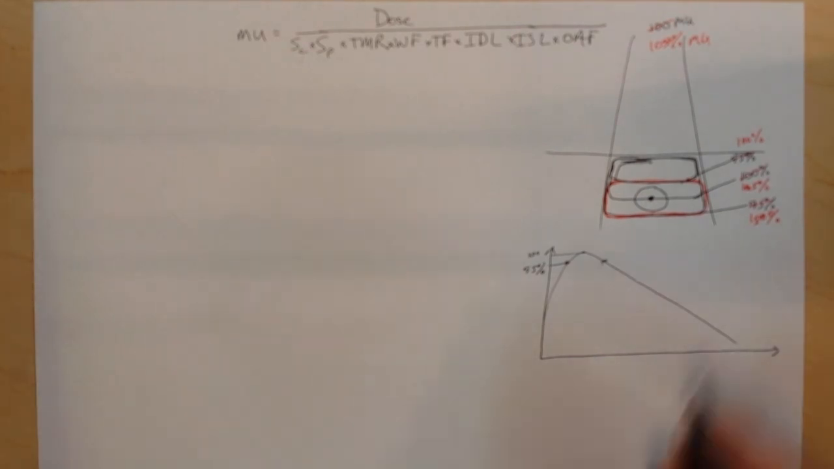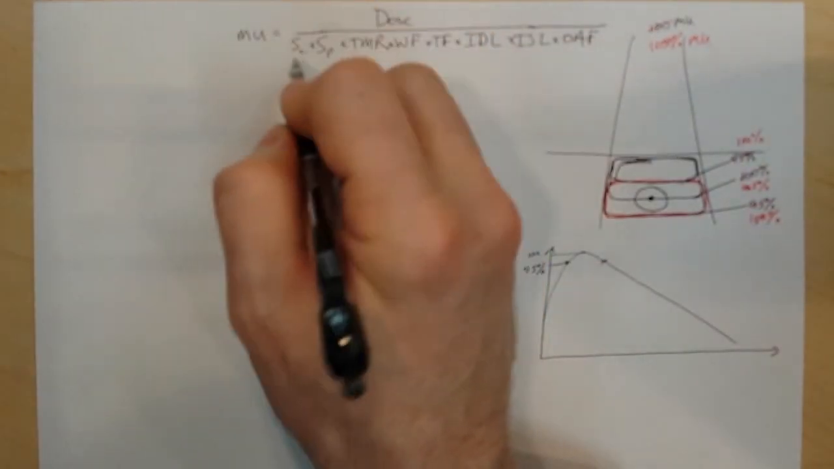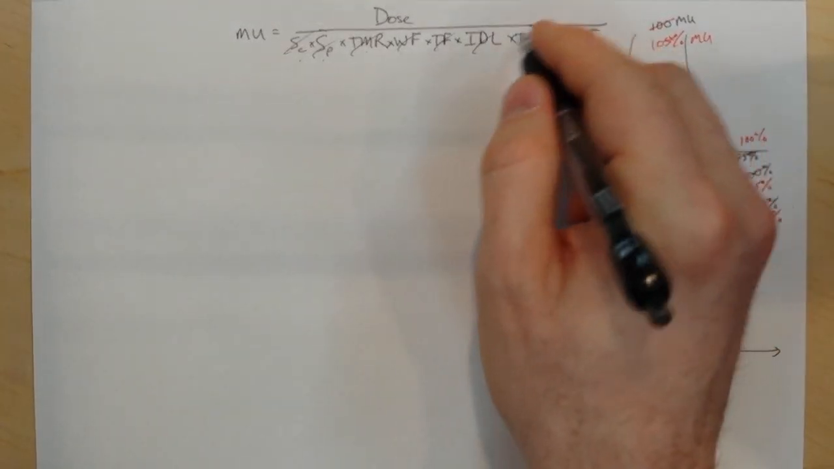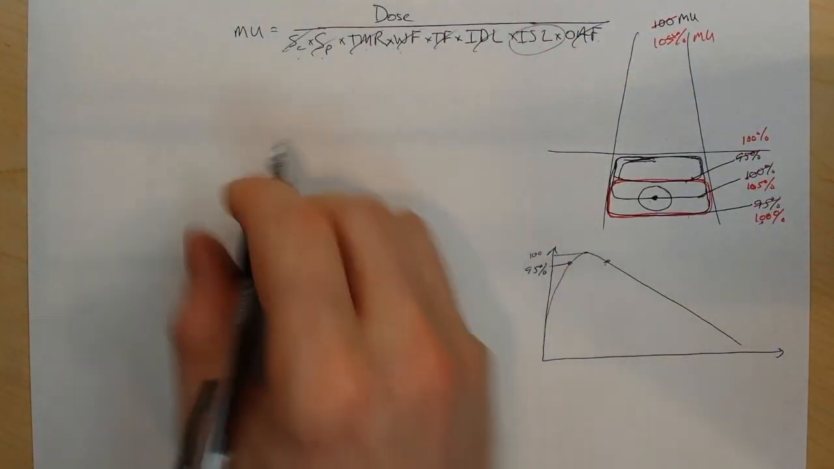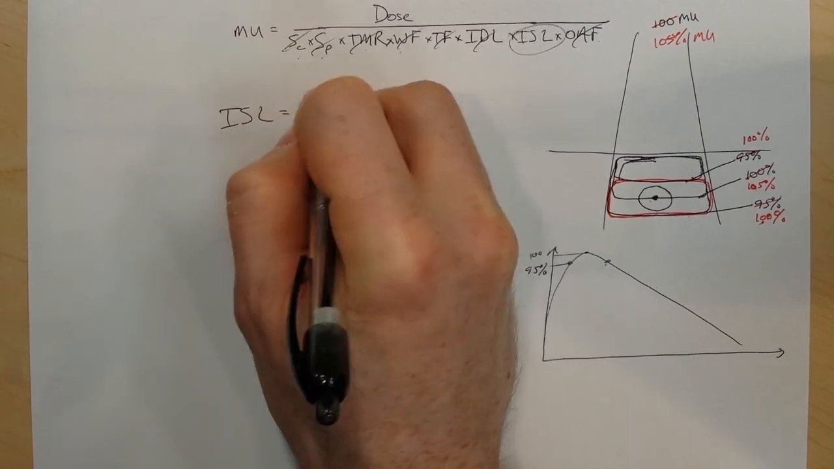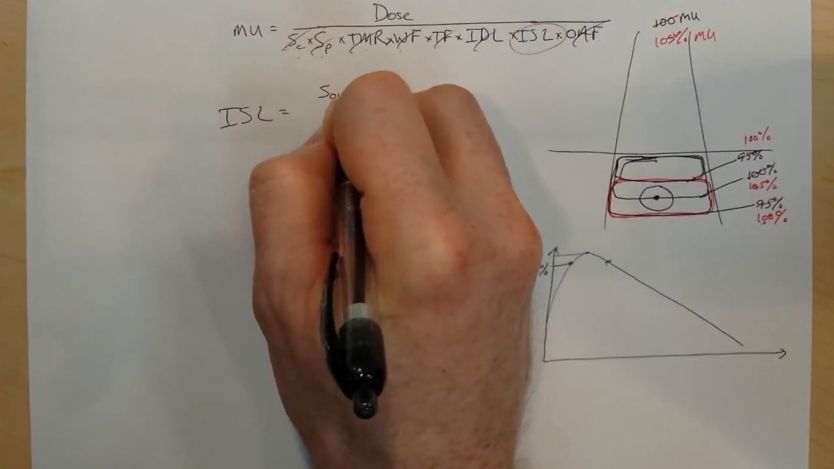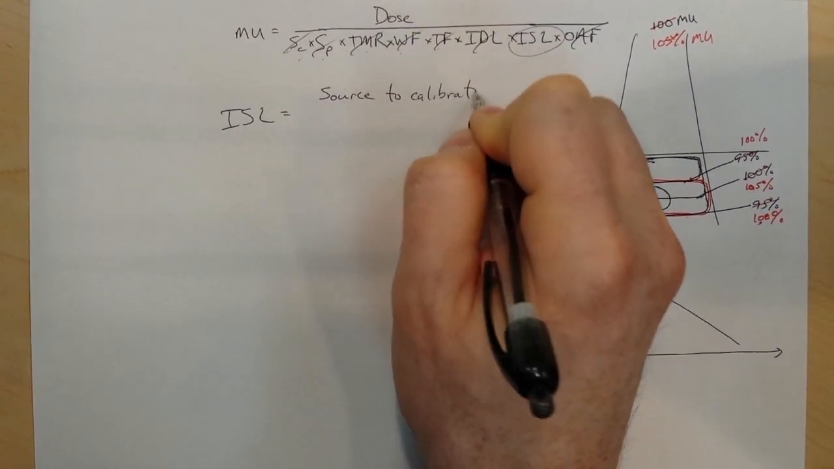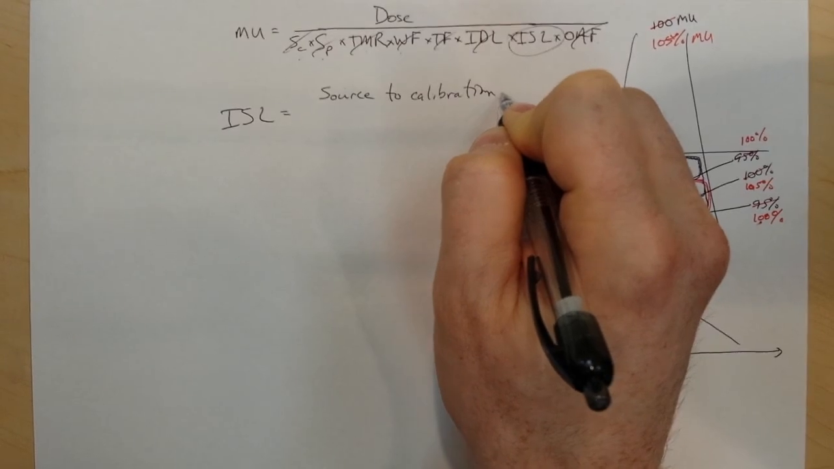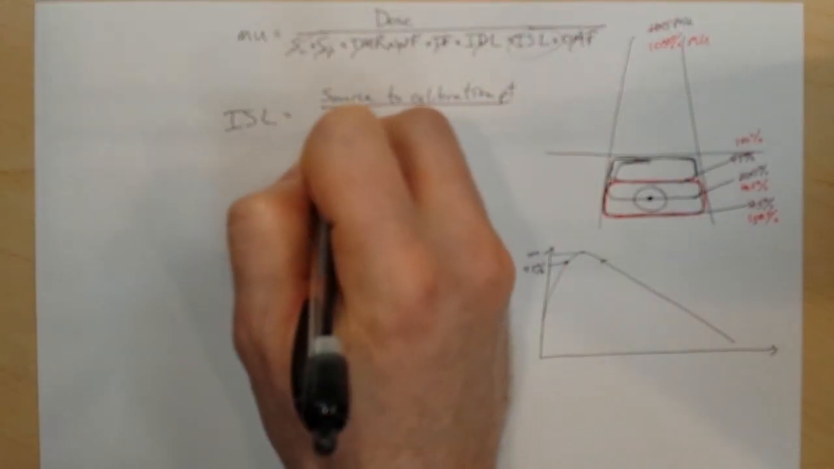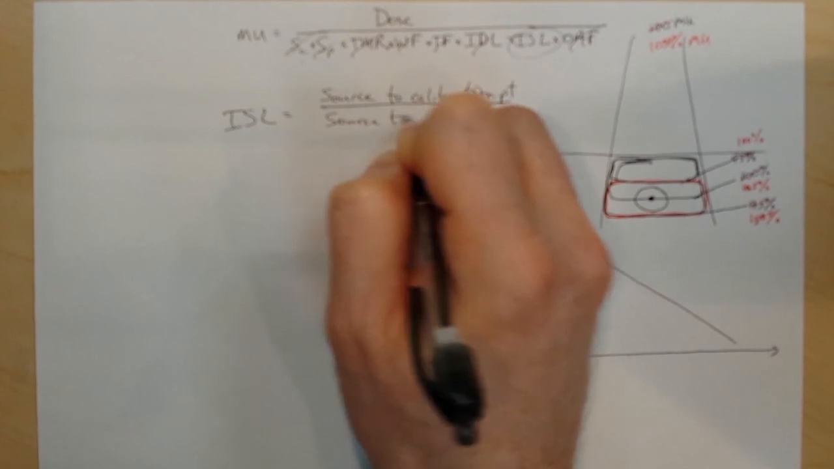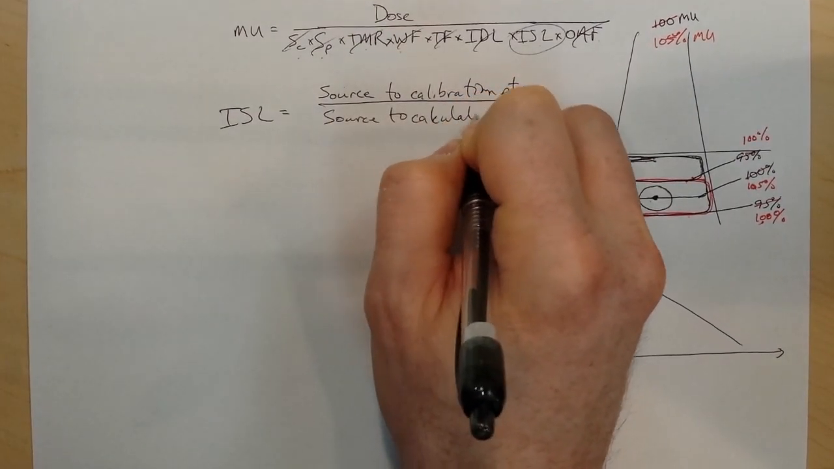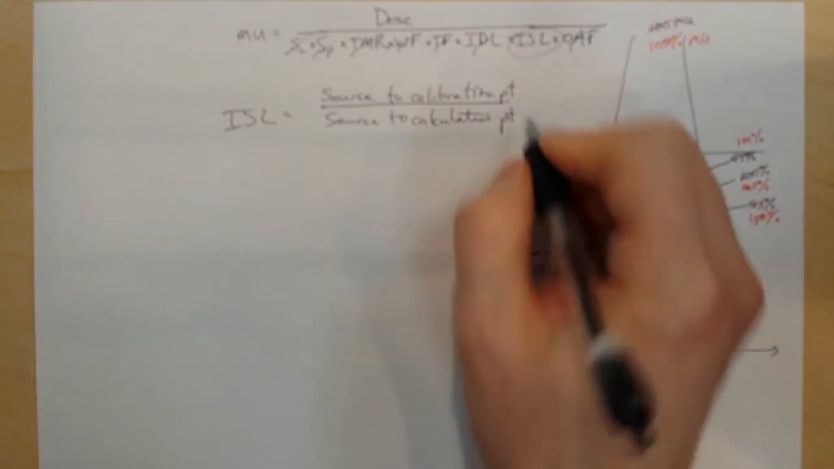The next thing is going to be the inverse square law. So let's see, we've done this, we've done that, we've done this. Last one is inverse square law. So inverse square law is going to be source to calibration point divided by source to calculation point,